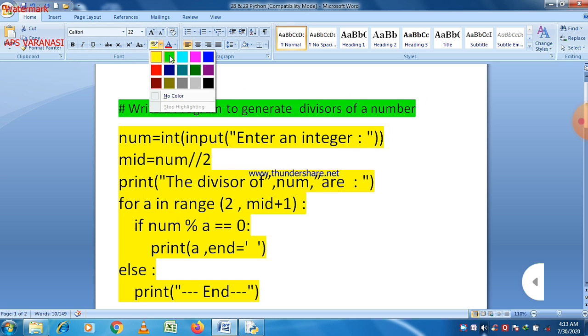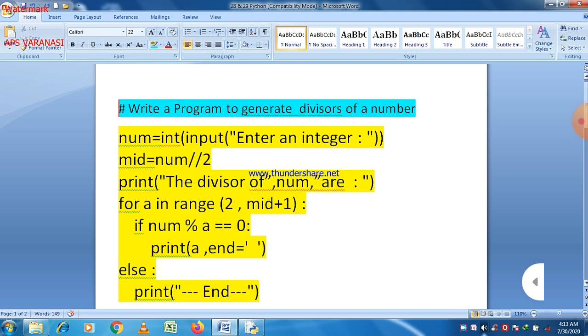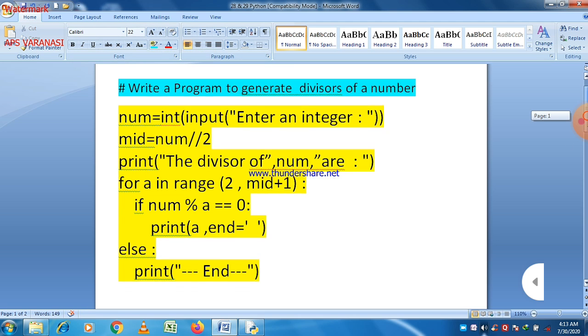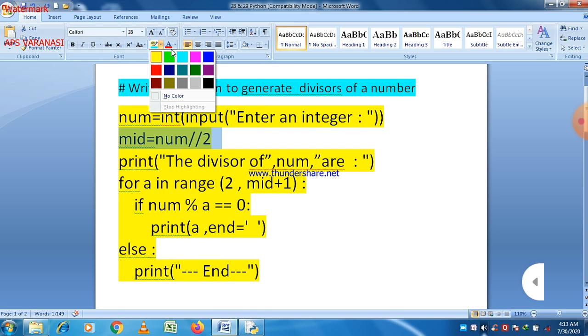And always remember regarding the range function that it excludes the last value, so we take one extra value. Suppose we want to execute a loop 4 times, then we take the value 5 as the last value, not 4, because 4 is excluded in that case. And here one thing is very important: we use an else statement with the for loop. It means a for-else statement is used in this case. When a for-else statement is used, then whenever the loop finishes without a break, the else statement will definitely be executed.